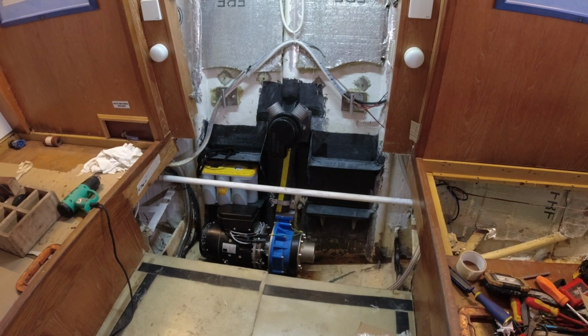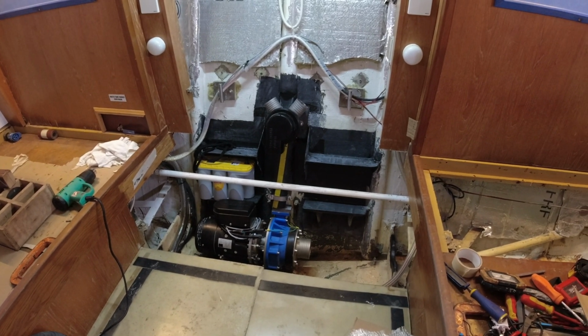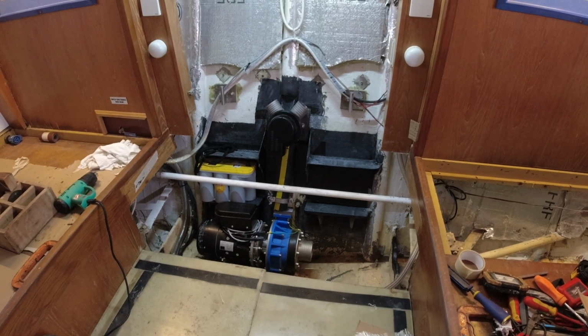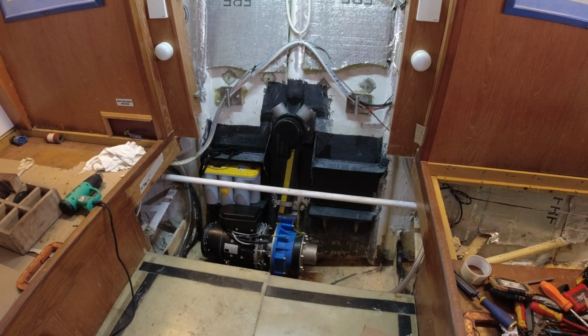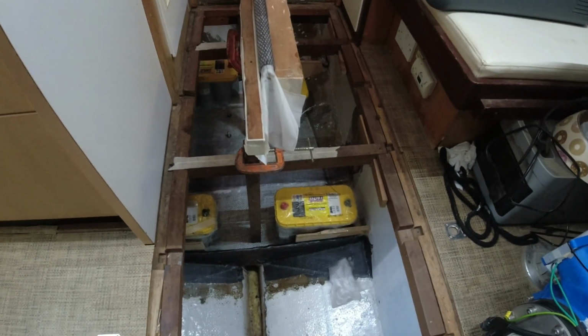We are having trouble getting a pull-out date at the moment, so I'm off to Jebel Ali Shipyard tomorrow to see if I can negotiate that for next week, so we can then lift, put in the jets, because we've got to drill holes through the hull, and then we'll be done. End of day 18,